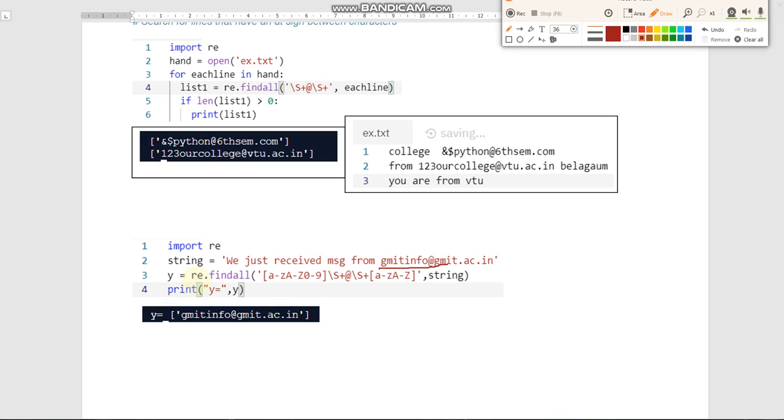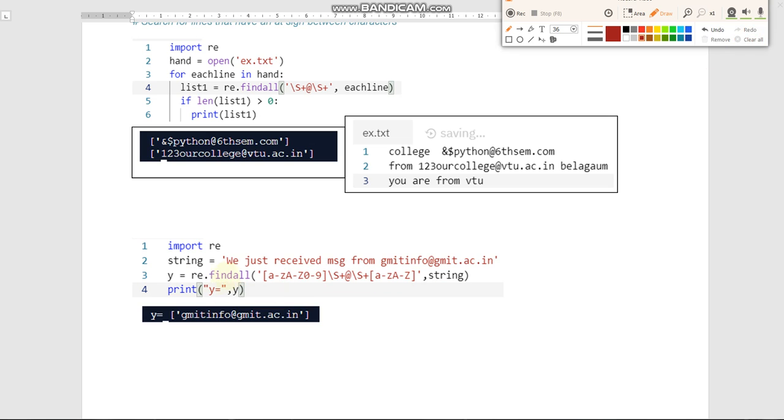Now on this regular expression we call the find all function, which will search for the data which is matching with this pattern in this string. The first argument for the find all function is the pattern, and the second argument is this string.